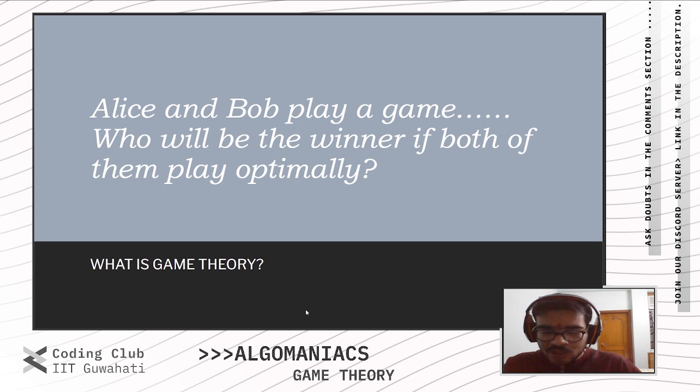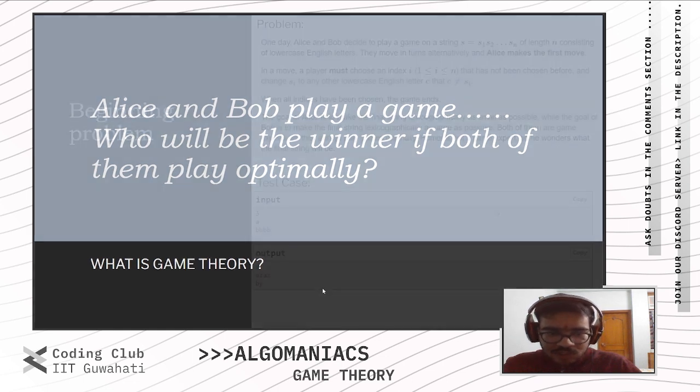So what is game theory? Before that, let's see what a game is in competitive programming. Some of you must have seen problems like Alice and Bob play a game, there's a setup of the game, and then you're asked to find the winner if both of them play optimally. All such problems fall under the category of game, where multiple players play in such a way that they have to take decisions to maximize their chances of winning. We'll see what it is.